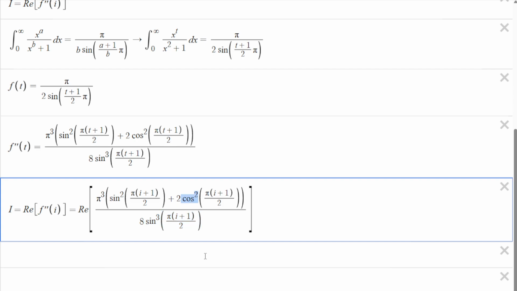Likewise, we can represent this as 1 minus sine squared of the thing. So really all we need to do is find sine of this thing using the trig identity sine theta plus pi over 2. Then split this up into 1 minus sine,